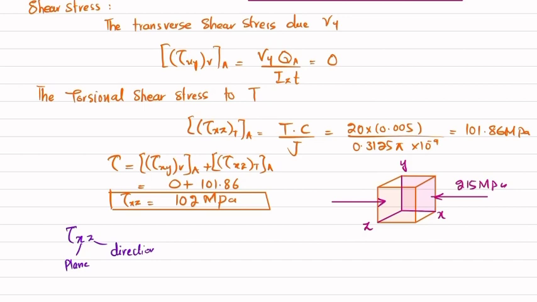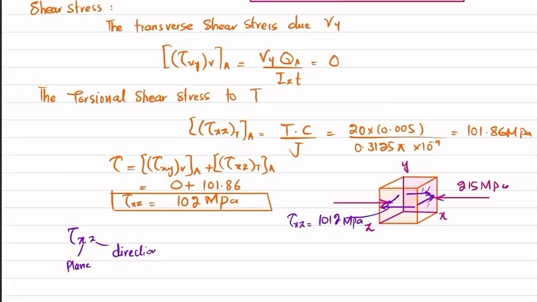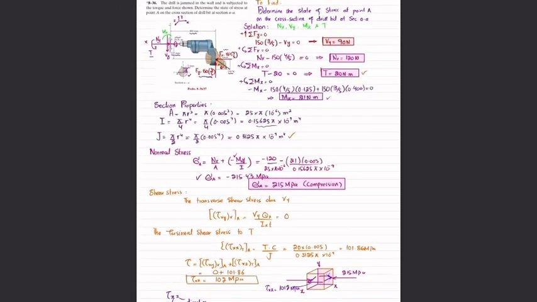So yz plane is this one. So in the direction of z, this shear stress will be this one. Similarly, it will be this one. This will be this, and shear stress on the other face will be this one. So the value of that is 102 megapascal tau xz. And that was all about this problem